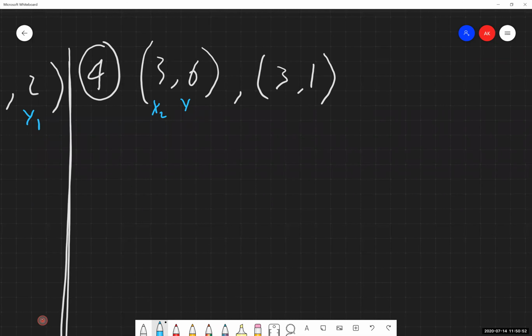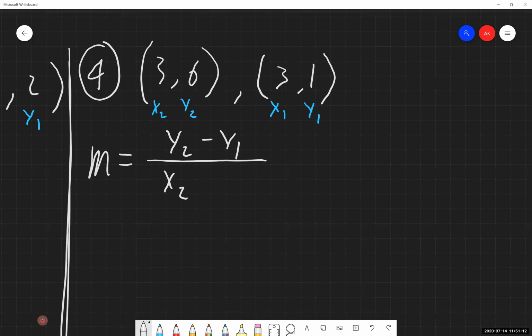Let's make sure I'm labeling that correctly. So I'm going to label the first point as x sub 2, y sub 2. Second point is x sub 1, y sub 1. And again, it doesn't matter if you want to label those in the exact opposite order that I'm doing. Does not matter. You'll get the same answer either way. You just need to label it and then move forward with it.